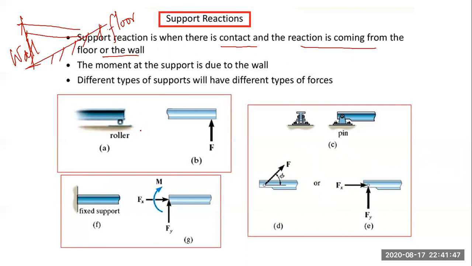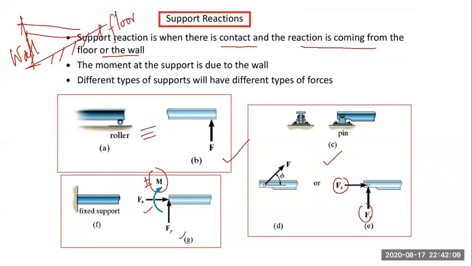These are the different types. Say the equivalent force system during the drawing of a roller. This is the 100% correct free body diagram for a roller. This is for the pin support or hinge support, Fx and Fy. This is for the fixed support, Fx, Fy, and a moment. Now the sign will be plus or minus. This will be decided later on after the calculation.